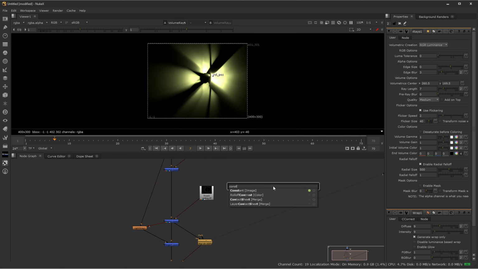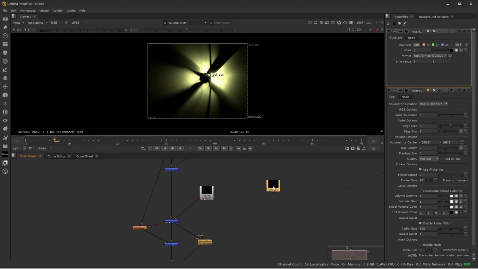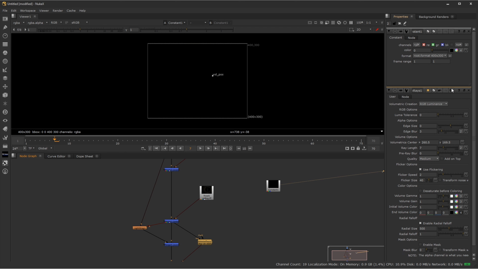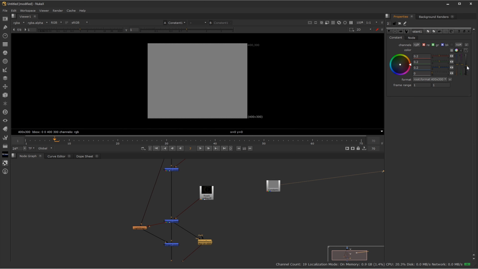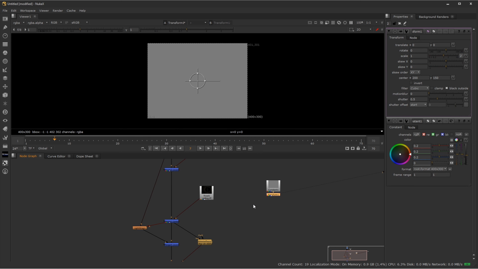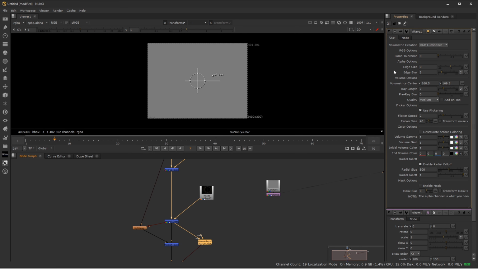I'm going to make a constant, which is just like a solid in After Effects. I'm going to view that. Right now it's just black. I'm going to change that color to somewhat of a gray, just so I can see what's going on. I'm going to add a transform node. So I'll select this constant, press T for transform, and I can always keyframe my movement. I could always keyframe the center point that we have in our